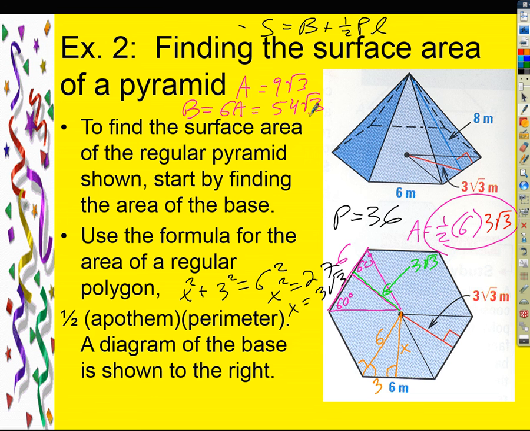Okay. So 54 radical 3, and then we already figured out what we end up with here for our lateral area. It was 1/2 times 36, which is 18 times 8, which is 144, is that right? 18 times 8, yeah, 144, that's it. So we get this plus, so our final answer,